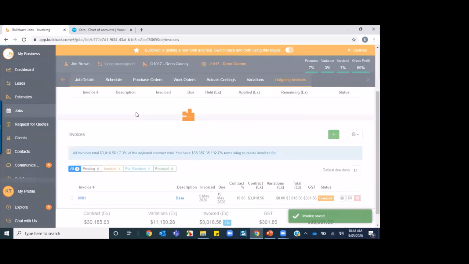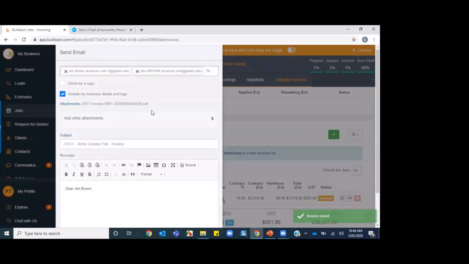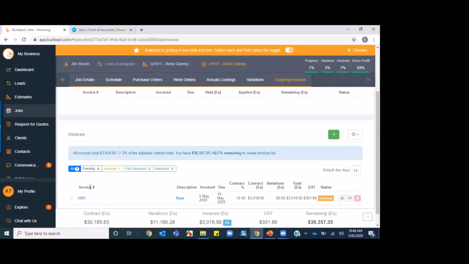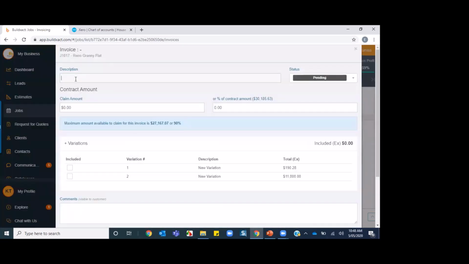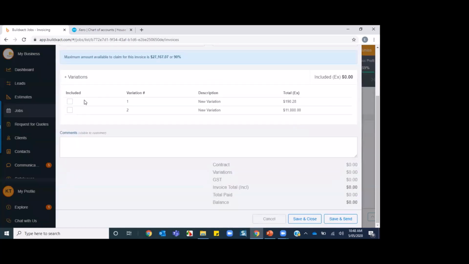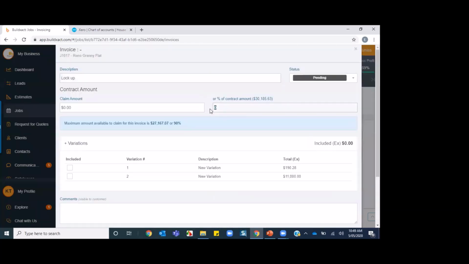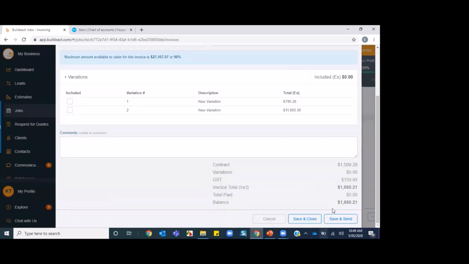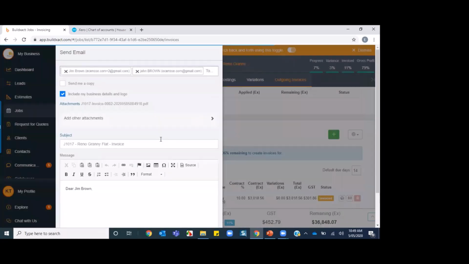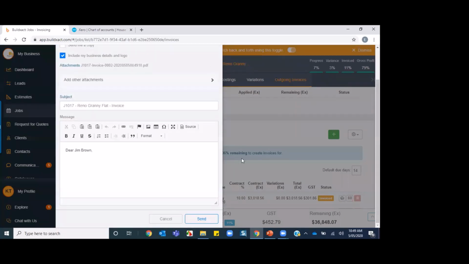Click OK, and it opens up into this new pop-up again, which will populate with your customer's details. And then you just hit Save and Send. So now I have one invoice in here and I can just continue invoicing in the same way. I can just create all my invoices that way. And what you'll see then is you're creating a list of invoices. So at the end of this,